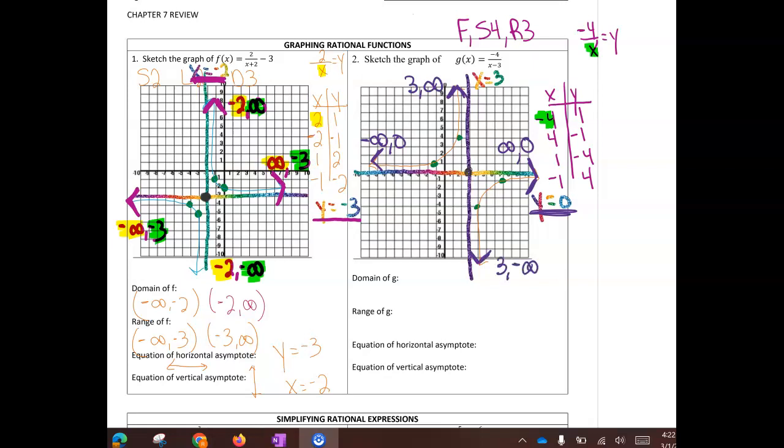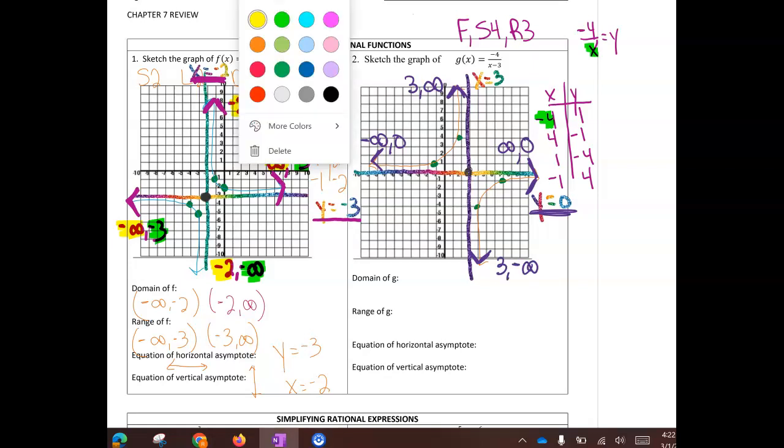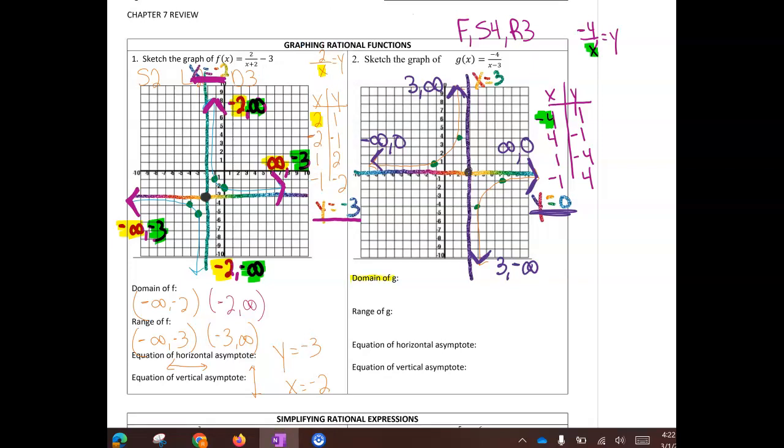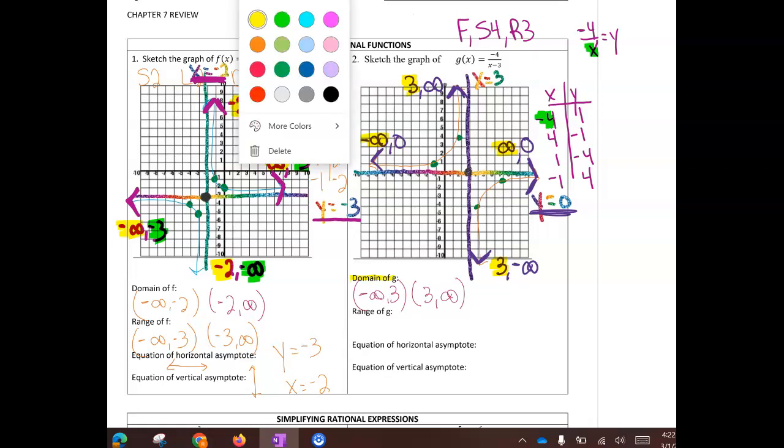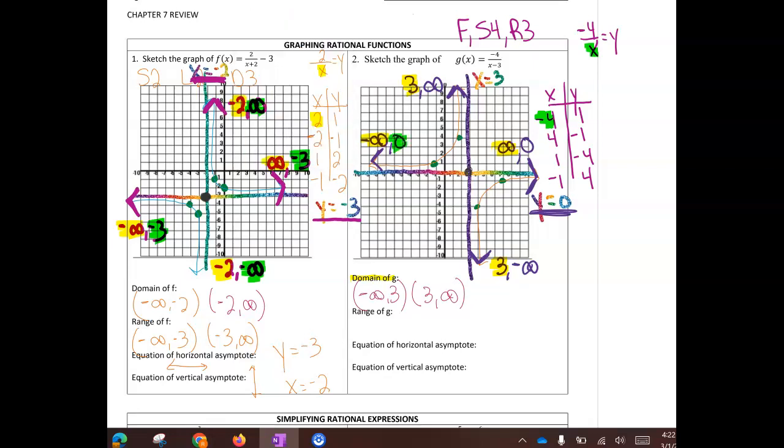And then I can do my domain and my range. For my domain, I'll use the x's. In the left shape, I go from negative infinity to 3. And in the right shape, I go from 3 to infinity. When I do the range, I'll use the y's. So there's one shape, there's the other shape. And I'll write smallest to biggest. So 0 to